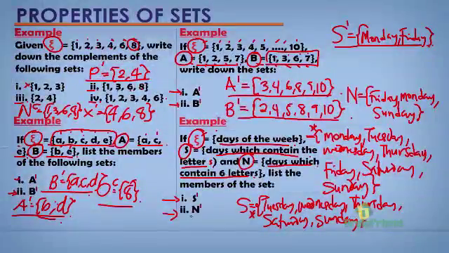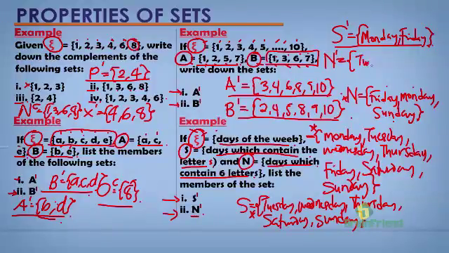Next, let's find the complement of our set N. The complement of our set N would be a set that has elements present in the universe here that are not present in our given set N. Our set N has as elements Friday, Monday, and Sunday. The set N prime has as its elements